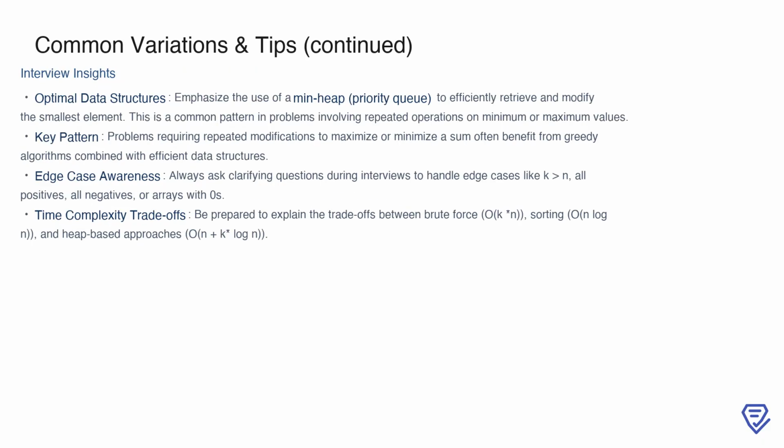To succeed in interviews, it's essential to understand the optimal tools and patterns for this problem. Using a min heap or priority queue allows you to efficiently retrieve and modify the smallest element, a common requirement in problems involving repeated operations. This is part of a broader pattern where greedy algorithms, combined with appropriate data structures, help achieve the best results